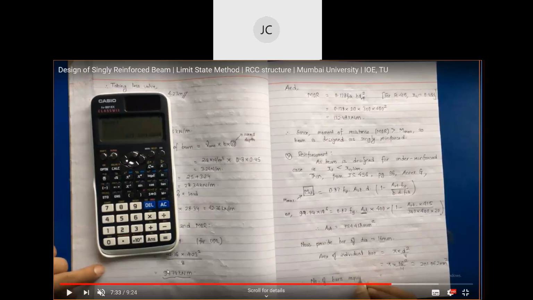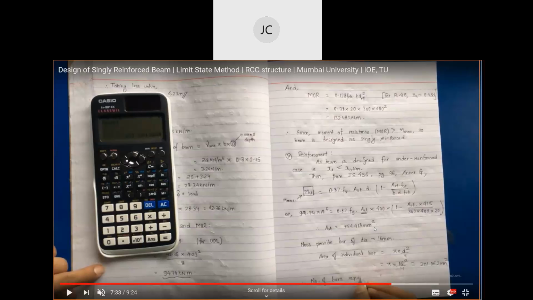Mu is known, 94.75, the design moment. Fy is known, 415, because the grade of steel is 415. D we have already calculated, and B and FCK are known. If you solve this equation, you will get the area of steel as this much,